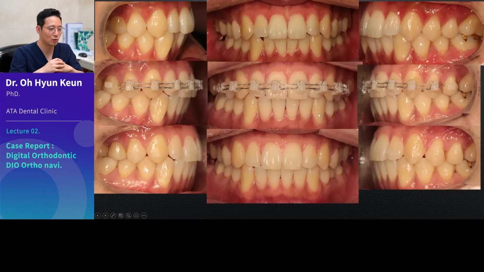Now, if you are comfortable with the buckle system, then you can try the combination such as buckle for the top and lingual for the bottom. It's a variation, so-called combi brace. It typically refers to the lingual for the top and the buckle for the bottom. But I did the opposite for this patient.